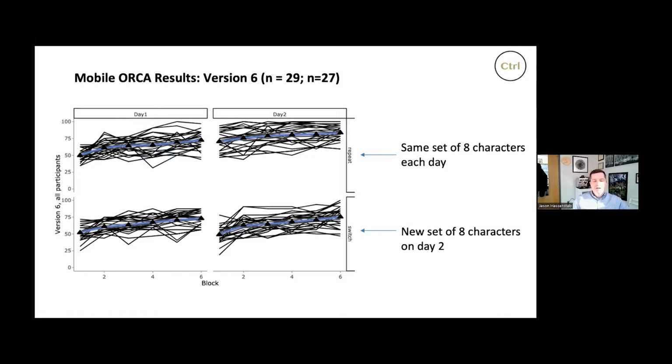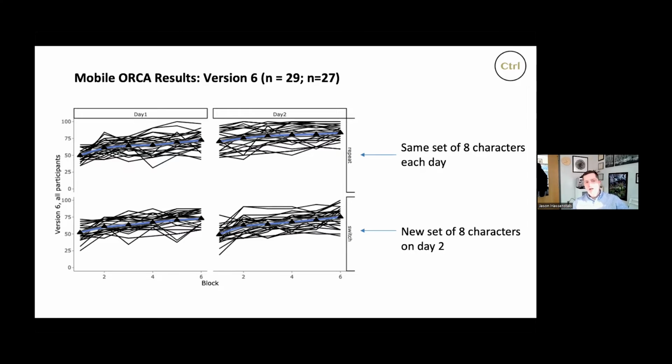By the end of the first day, after seeing the test 6 times, they get up to about 70% correct. And then on day 2, there's a teeny little drop off. And then by the end, they're up to well over 85% correct on this task. You can see there are some people who didn't really learn too much, but we're not really sure if they're paying attention. That's kind of one of the problems with this.